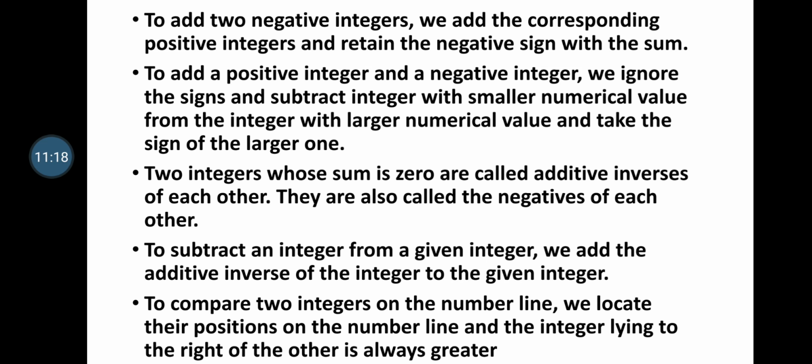Suppose we take minus 5 and minus 8. Okay, so which will be on the right side? Minus 5 will be on the right, and to the left of minus 5 you will have minus 8. So minus 5 is the greater number. Though the number looks small, since on the number line minus 5 lies to the right of minus 8, minus 5 will be the greater number. Okay.